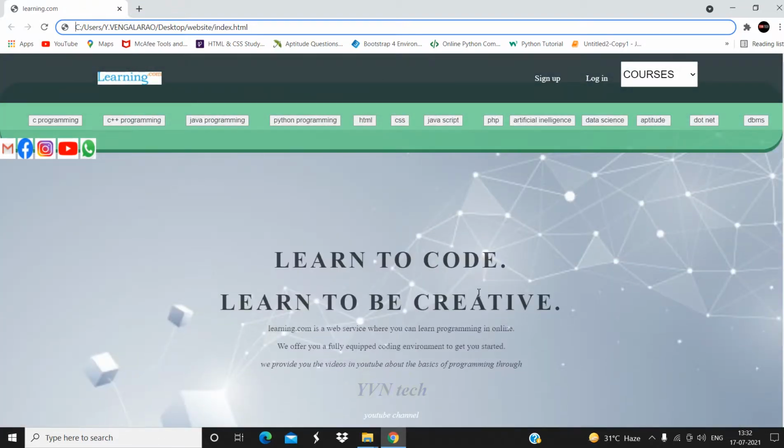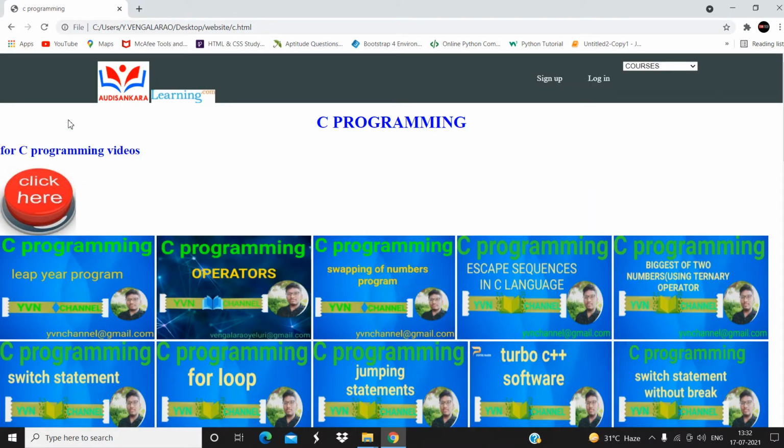Okay, see here is the front page. These are all the buttons: C, C++, Java, Python. When you click on C programming it will be redirected to the videos. All these videos are YouTube videos. When you click on a particular video it will be redirected to YouTube where you can play that video and learn that concept. These YouTube videos are also BTech Buddies platform videos. You can learn all the concepts with real life examples.